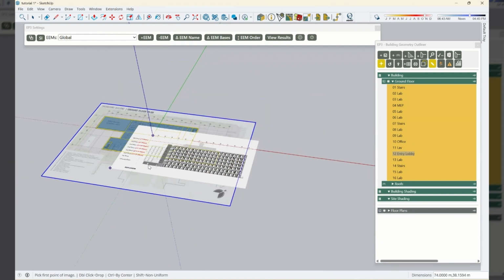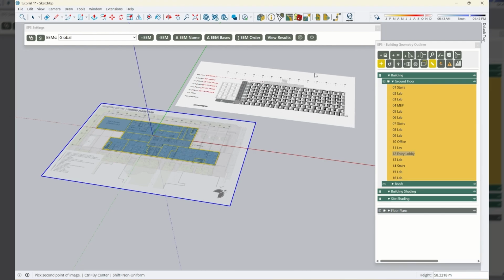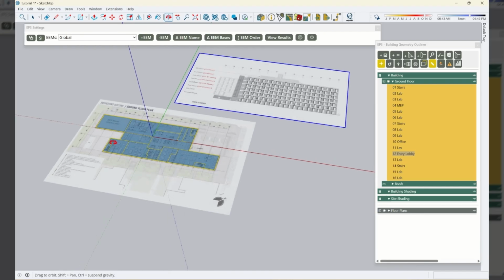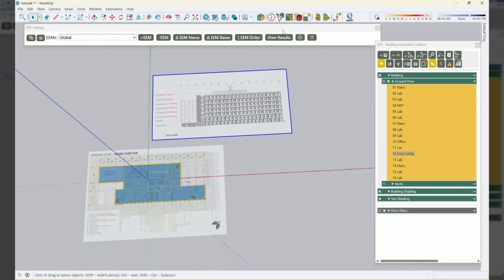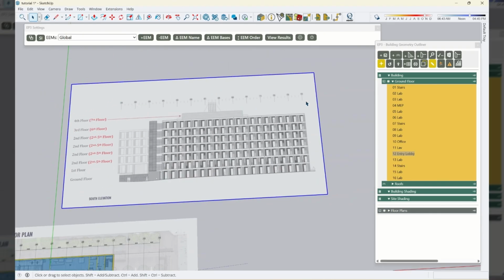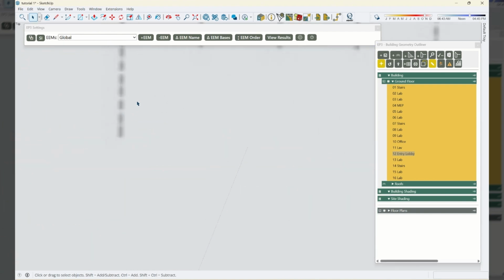Kind of the same workflow as with the floor plan. So first we need to import it into SketchUp, and we're just going to give it an approximate size by clicking and dragging. Next, I need to use the EP3 scale tool. And for that, I need a reference line that I know the length of. So remember, we had these tick marks, the grid lines, and we knew that this distance from 1 to 14 was 78 meters. So I will draw my line, so L for line,